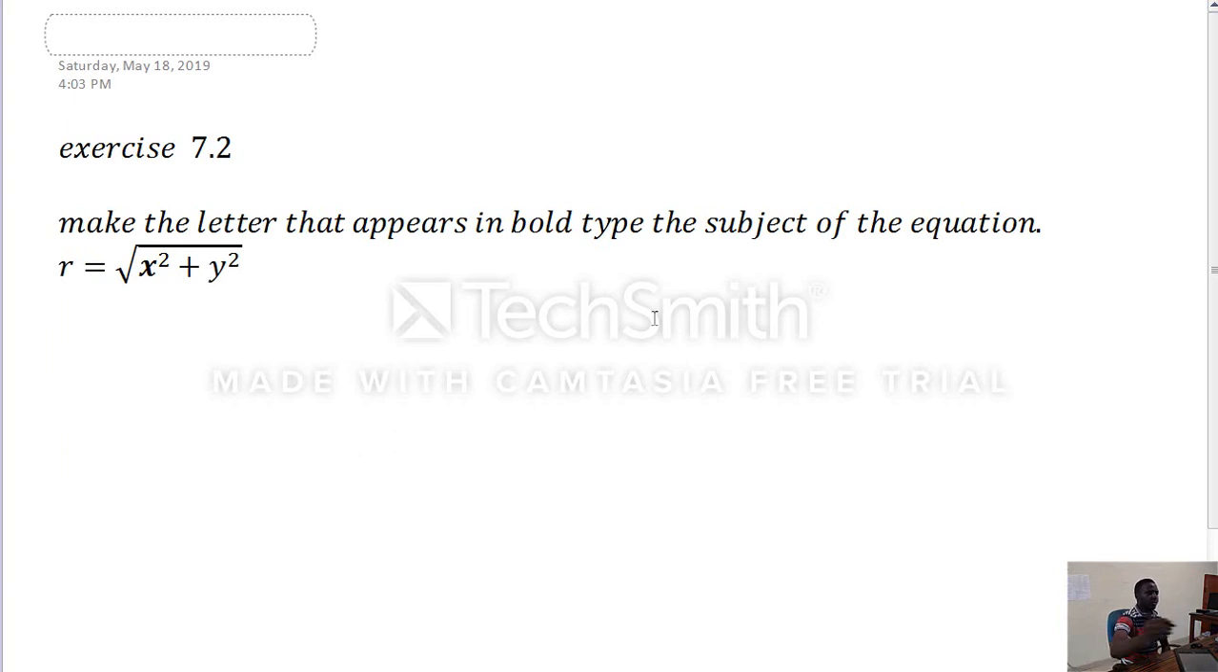In this next example, we are to make x the subject of the formula, being in bold form. So just like what we did in the previous example, we are going to unwrap this expression under the square root sign and make x the subject of the formula. So the first thing to do is to carry out the opposite of the operation square root, and the opposite of square root is square. So I'm going to square both sides, and that will give me r squared is equal to